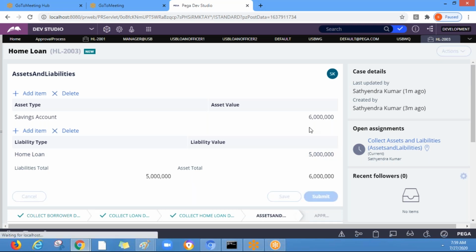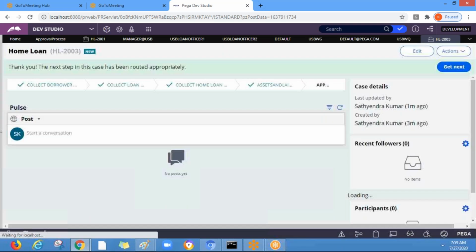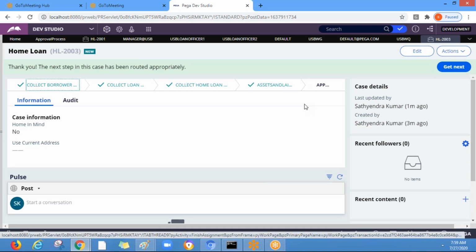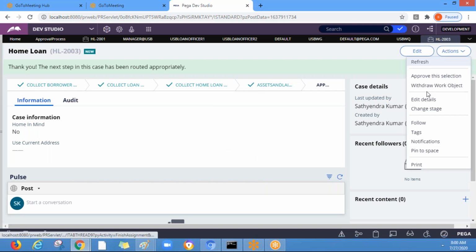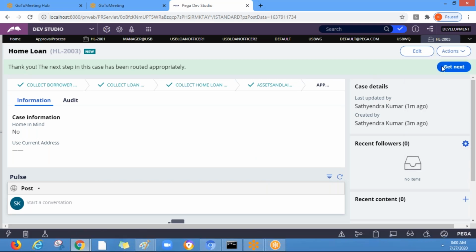So now you see, it will be routed to the manager. See, now I'm not able to perform it. But as an admin, I can still select from local actions and it can be performed. But in real-time applications, the admins will not do these, right? So users will perform it. They will not have the ability to perform the assignment.